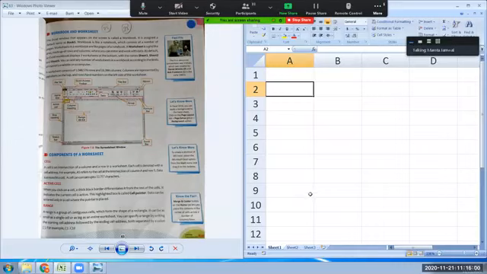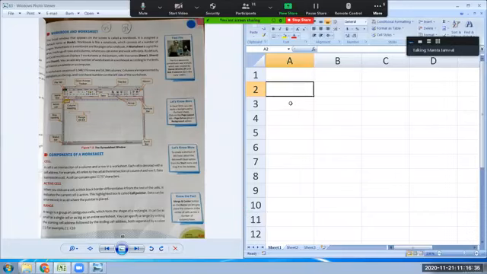And a cell can contain up to 32,767 characters. Okay, this is a cell. This cell can contain 32,767 characters. And if you try to type more characters than this, it will not accept those characters. Okay, what is its capacity? It can accept only 32,767 characters, right? Next subheading is active cell.